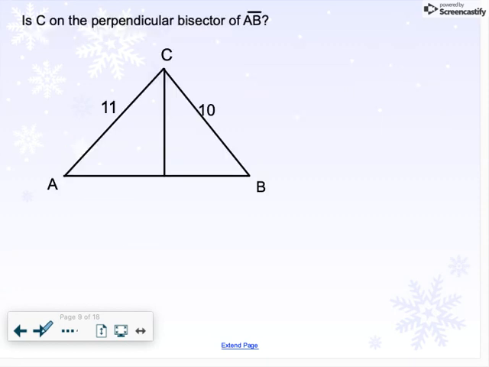So now using the converse of the perpendicular bisector theorem. This says, is C on the perpendicular bisector? We're trying to figure out, is that on the perpendicular bisector of AB? Well, all we have to look for is, are these two segments, CA and CB, equidistant, or are they equal to each other? If we look here, we have one at 11 and one at 10. They are not equidistant, so is C on the perpendicular bisector? That answer would be